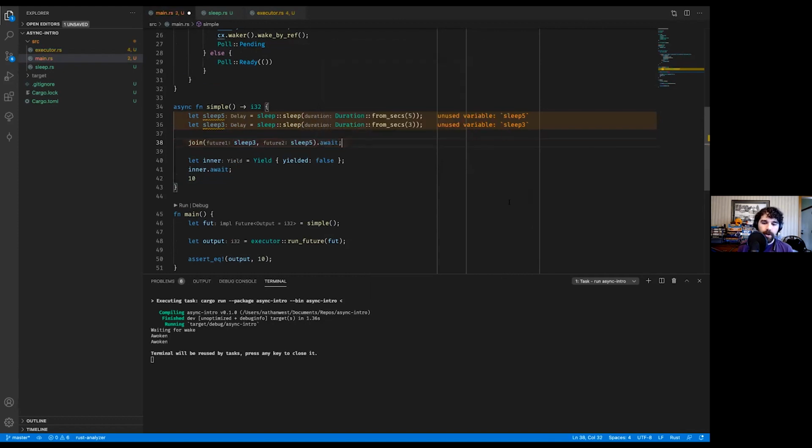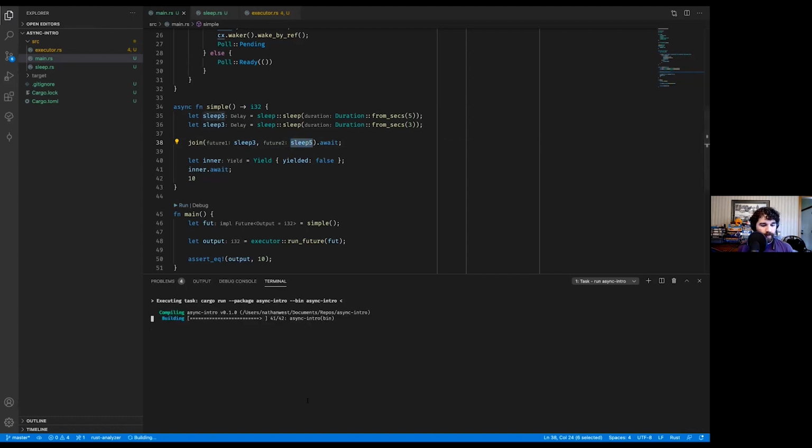Await. What we should see here is that this is going to wait for 5 seconds again, right? Because this one will finish, and then this one will finish. But we'll see a couple more awaitings here, as the first one will trigger, this future will finish, and then it'll keep waiting for this one. So we'll run it. We should see in about 3 seconds it pings, and then 2 more seconds, and we're done.